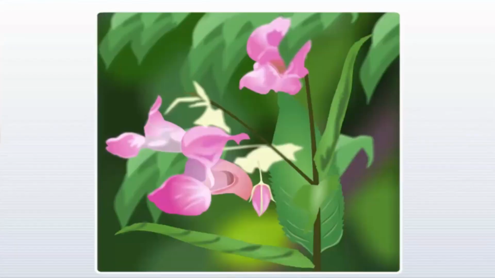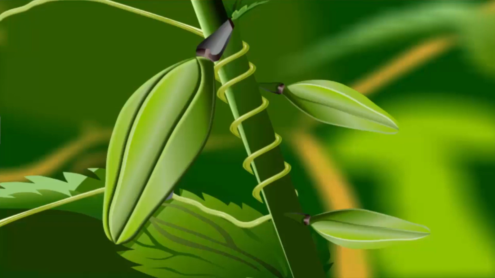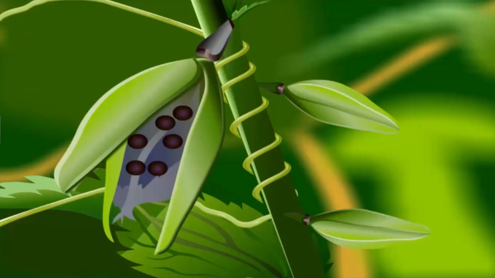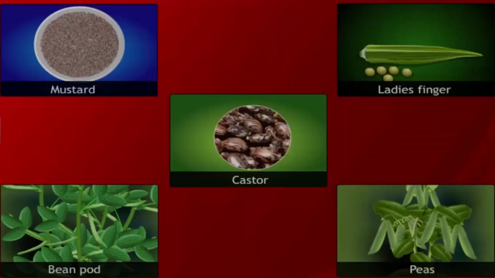What's that sound? That's the sound of balsam fruit bursting. Some seeds like the balsam are dispersed by the bursting of their fruit. The pods present in these seeds dry up in the sun. This causes the pod to split with great force, thereby dispersing the seeds away from the parent plant. Some examples of plants that use this method of seed dispersal by explosion are mustard, lady's finger, peas, bean pod,